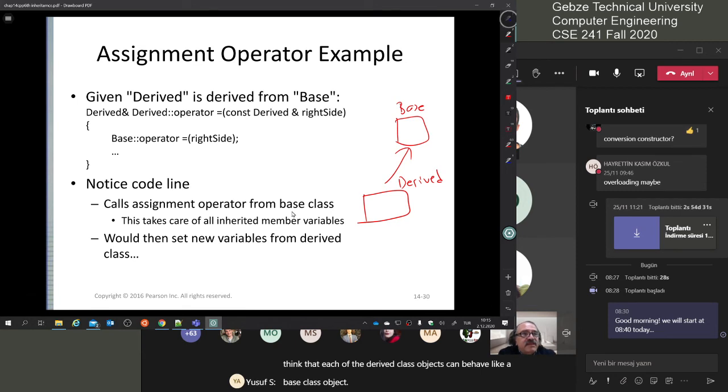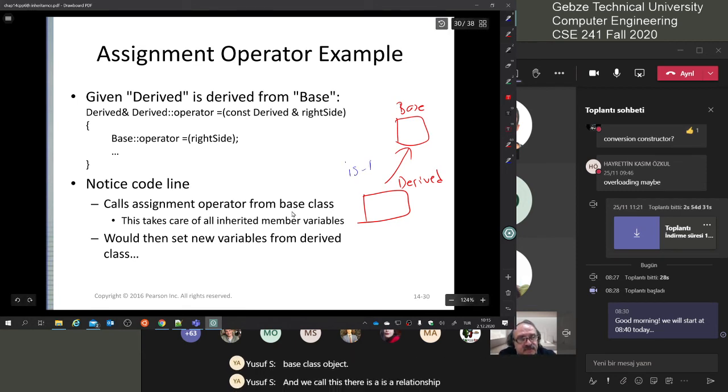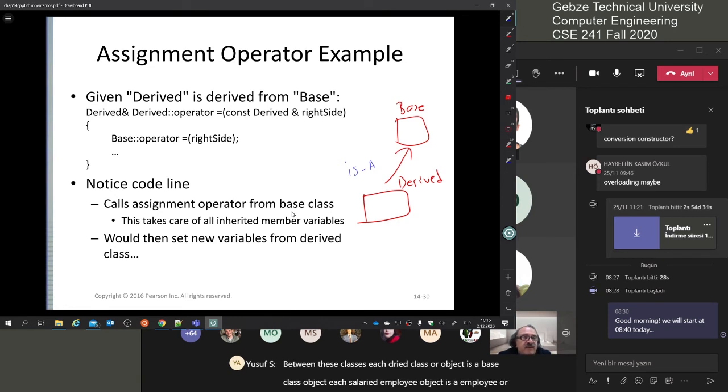And we call this an is-a relationship between these classes. Each derived class object is a base class object. Each salaried employee object is an employee object actually. That's why